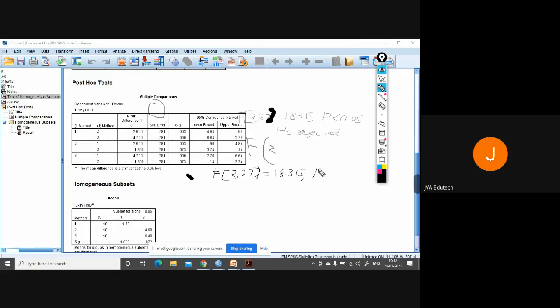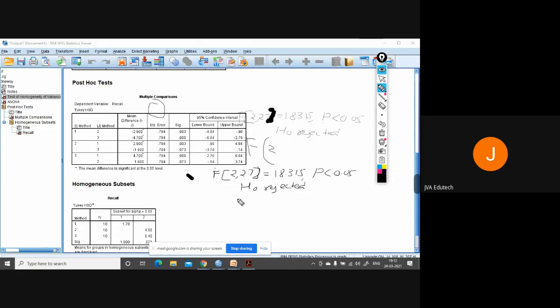At this value, p is less than 0.05. H0 rejected, which says that there is a difference between the three methods.